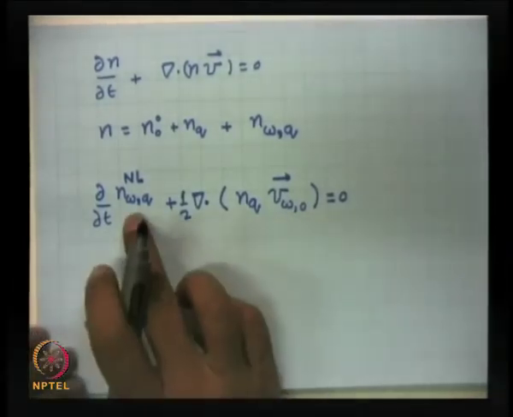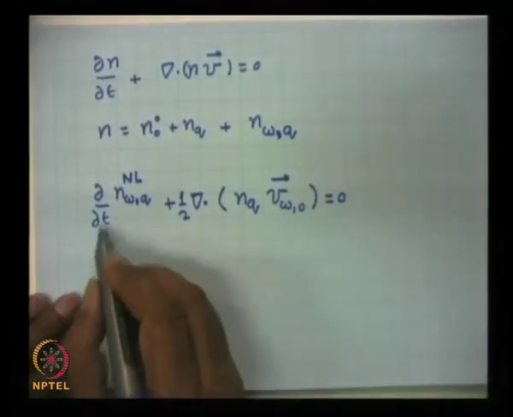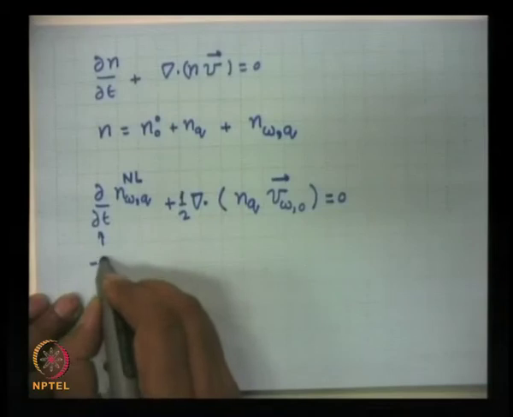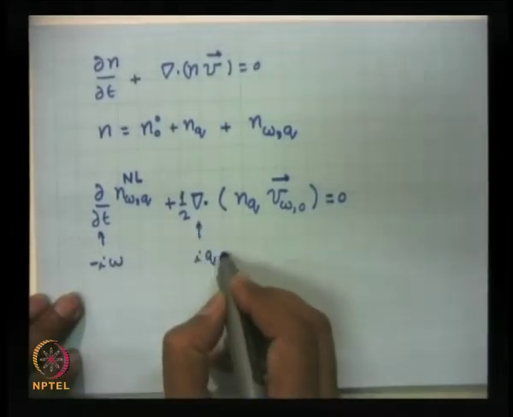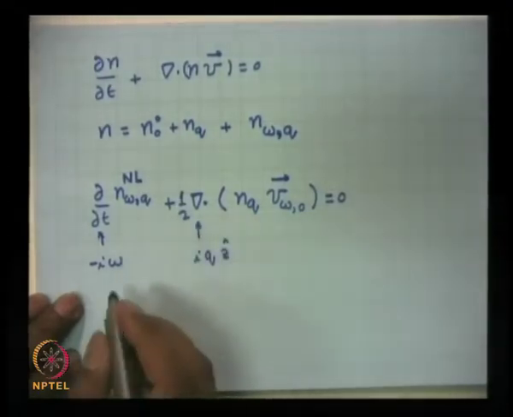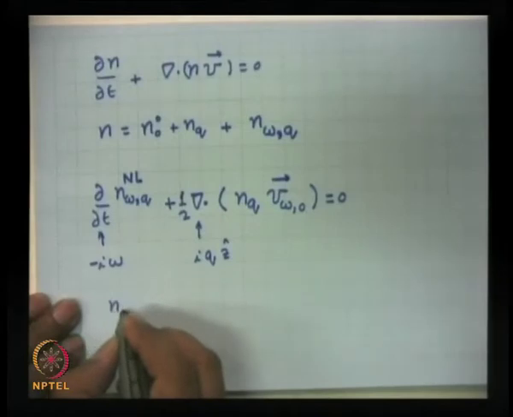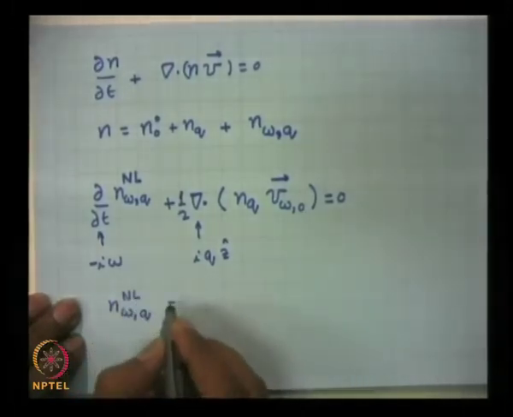So, I will call this nonlinear density perturbation. Replace this by minus i omega and this by i q, which is in the z direction. Simplify this, you will get the nonlinear density perturbation n omega q,